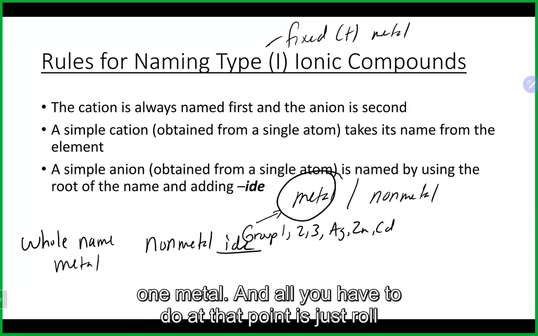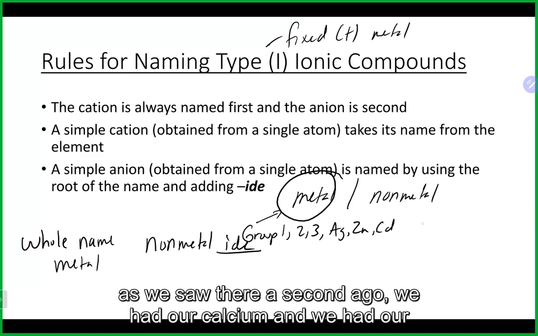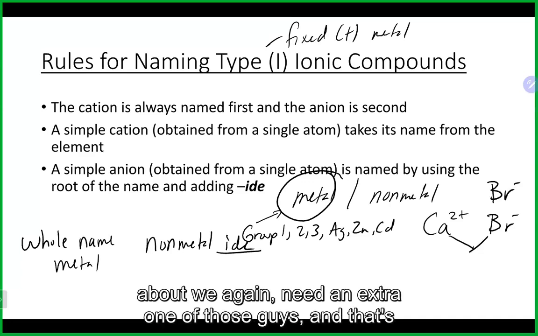Identify it as a type 1 metal. And all you have to do at that point is just roll with the whole name of the metal, the IDE part of it. So as we saw a second ago, we had our calcium and we had our bromine or bromide. When we put it together, as we talked about, we again need an extra one of those guys,